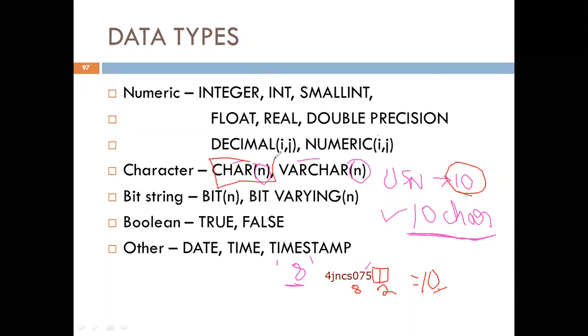So when we declare character of n, let us consider we are declaring a name as character of 25. Which means 25 characters of space are reserved for name. So even though the name that is stored in the database is less than 25, the 25 spaces will still be allocated. For example, let us consider this is the name we are storing: Ramesh, having